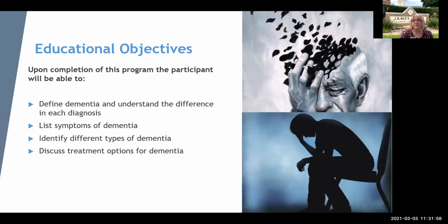But let's go ahead and get started. There's our educational objectives for today. We're going to define dementia and talk about some of the different types of dementia. There's over 130 different kinds, so we're just going to touch on the ones that we see the most often. We're going to look at a list of symptoms for dementia. We're going to look at the most common, and there's about 30 that are pretty common, 35, 36 that we